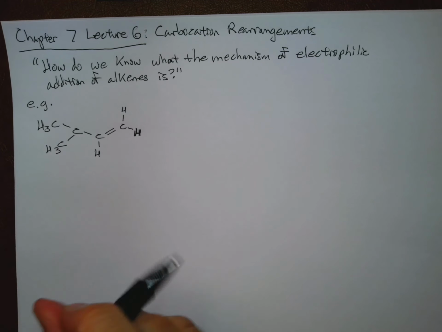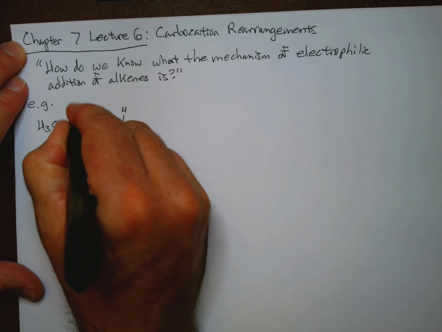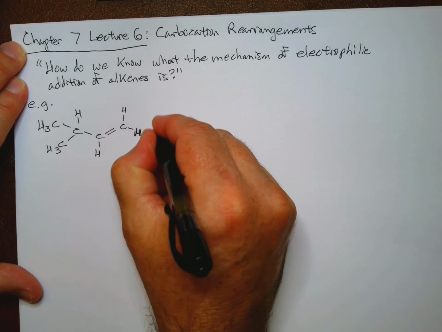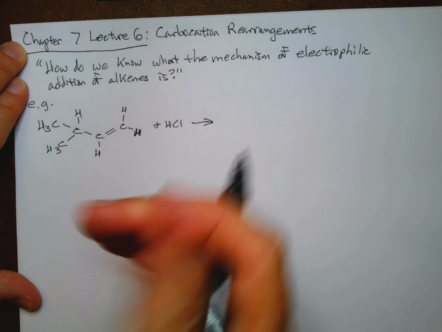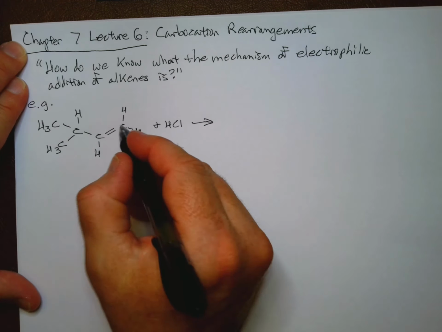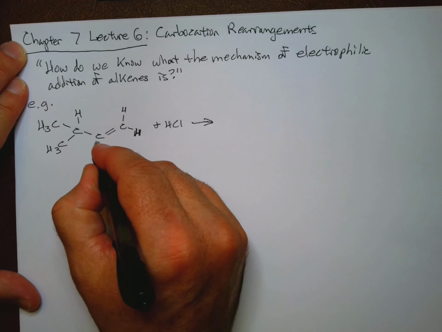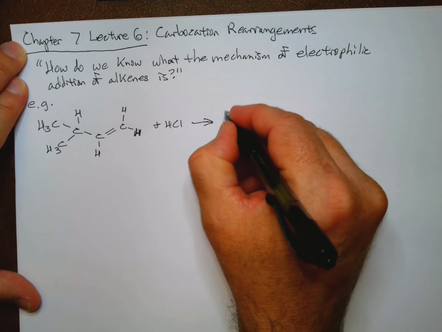Actually, I'm not going to show it. I'm going to draw it this way. And we'll add HCl. And now Markovnikov's rule tells us that the hydrogen's going to go here and the chlorine should go there. So our product will be